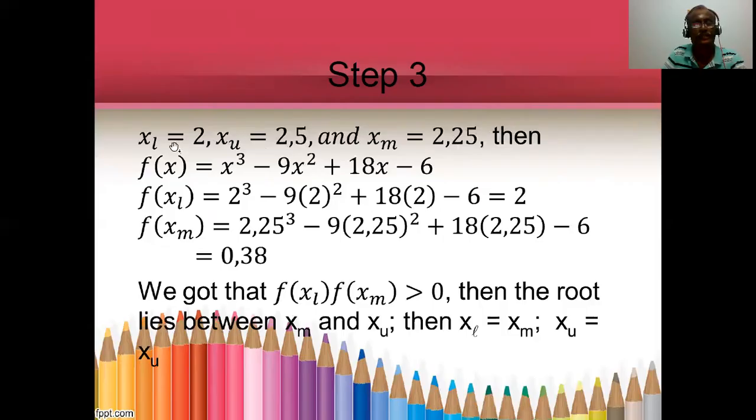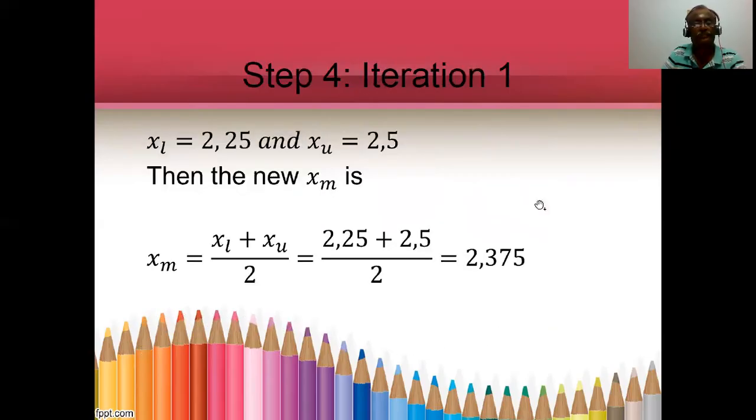Now we find that f of 2 is 2, f of 2.25 is 0.38. So this is positive, and the root is between xm and xu. So the root is between 2.25 and 2.5. The next approximation is (2.25 plus 2.5) divided by 2,